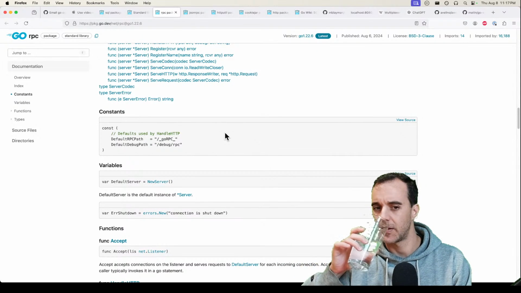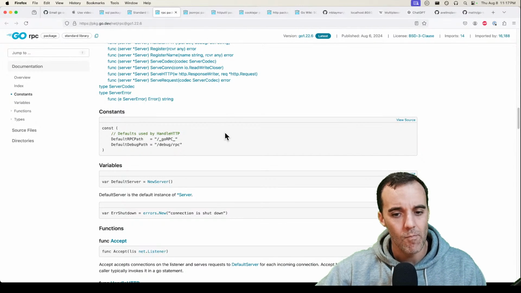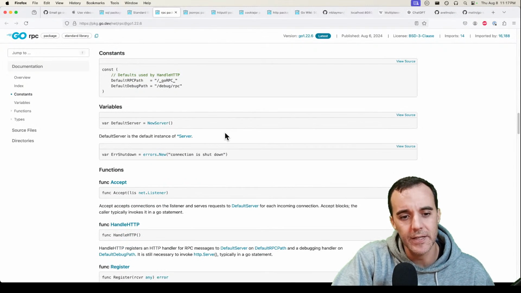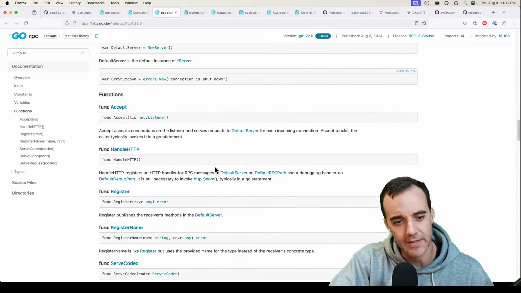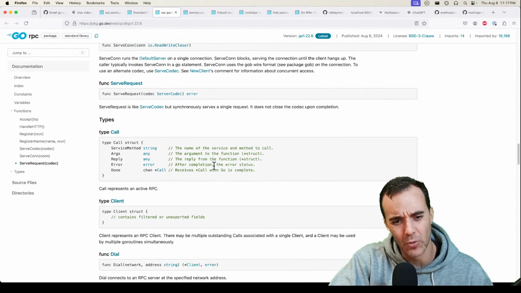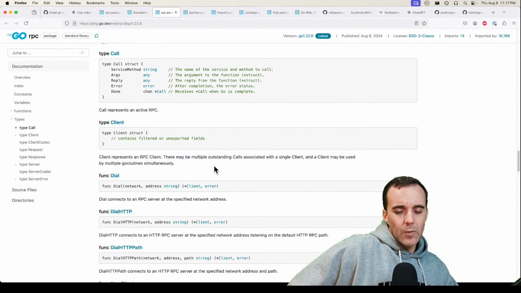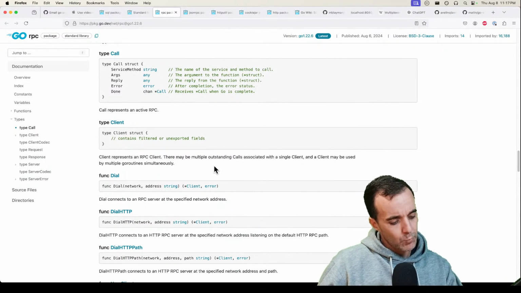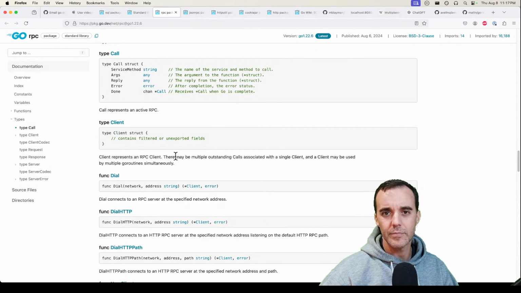Go RPC. Huh. I guess that could be powerful if you didn't want to bring in gRPC. You didn't really have to have super high performance or strict compatibility. Wonder about what it serializes though. Maybe it's going to JSON or something.